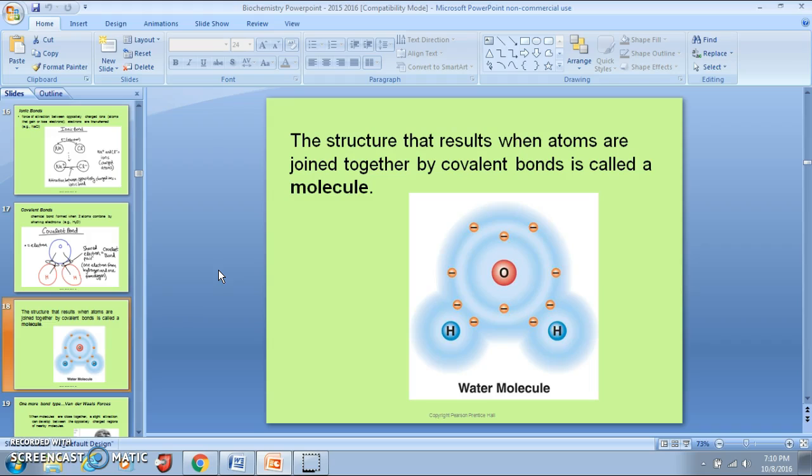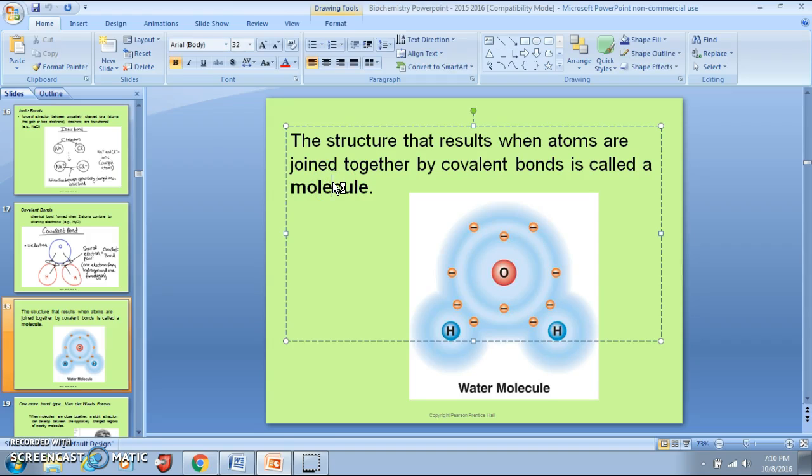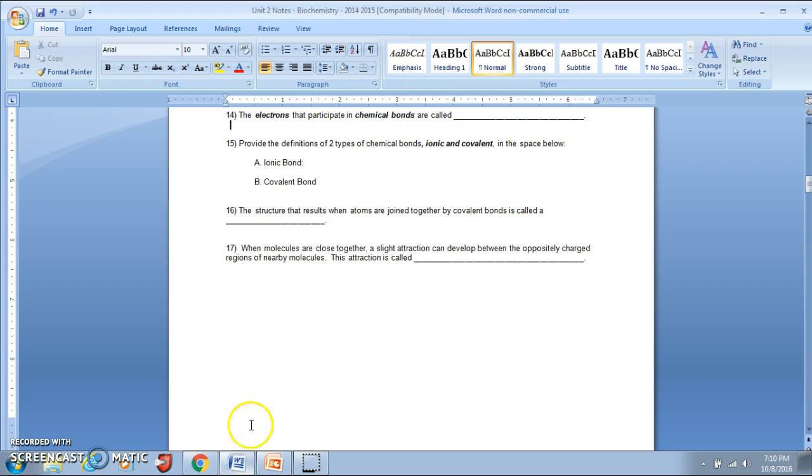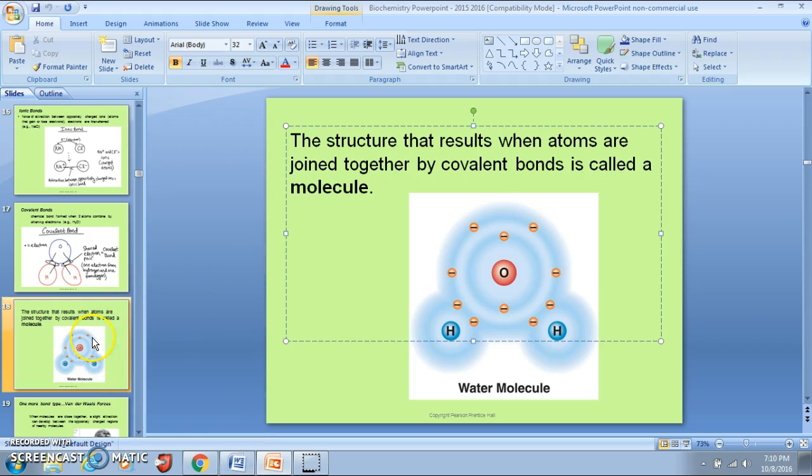Now, water is technically a compound because a compound is atoms combined in definite proportions, which we do see with water. But when a compound is held together by covalent bonds, we have a more specific name for it. We call it a molecule. So when atoms are joined together by covalent bonds, that's a molecule. If they're joined by ionic bonds, we just call it a compound. No more specific name. So we're going to fill in molecule for number 16. And then for number 17,